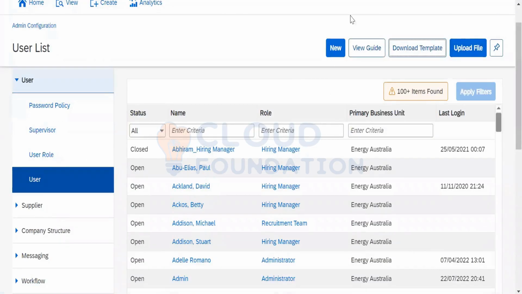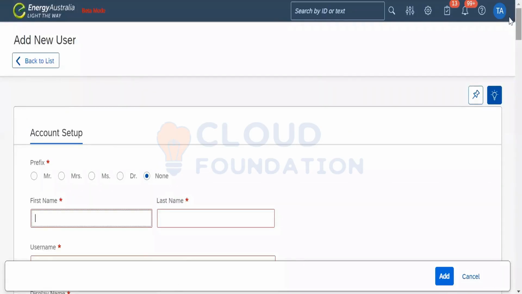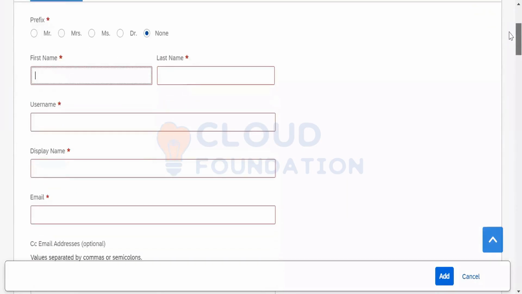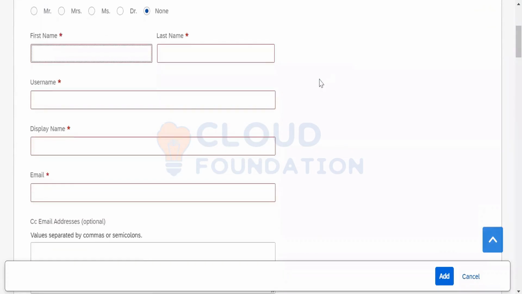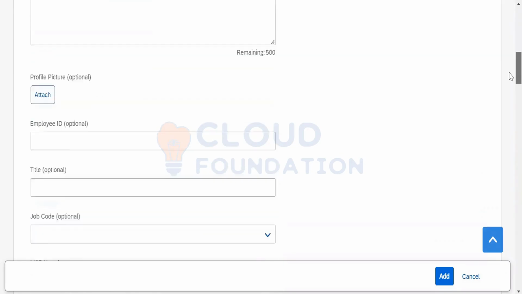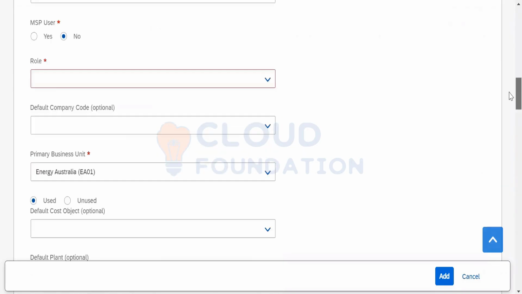For example, let's go into a manual setup. There we go. We have prefix, first and last name. Whatever is there with the red asterisk, it is mandatory fields. It is all mandatory fields. And what is not there is completely optional.